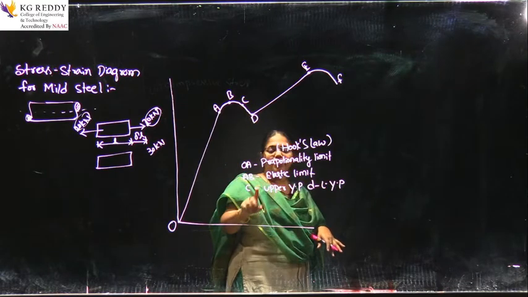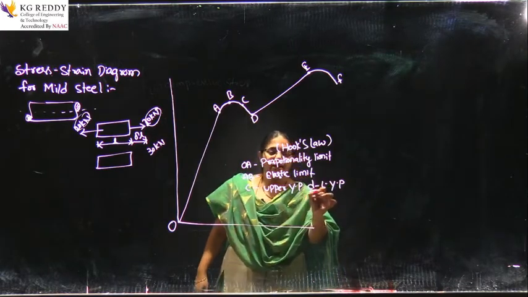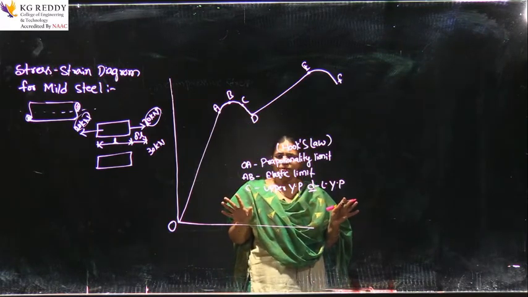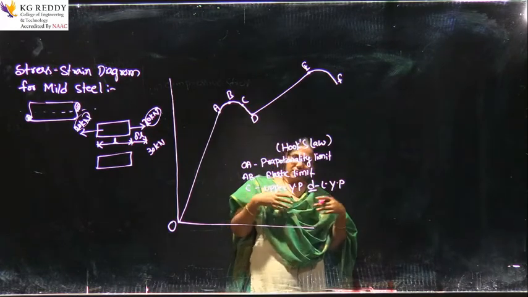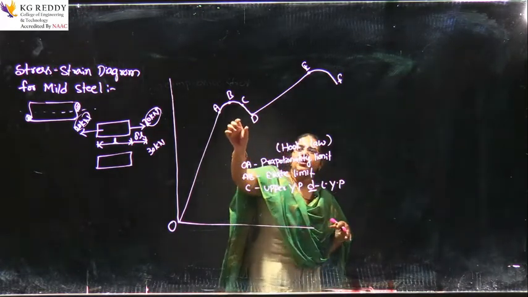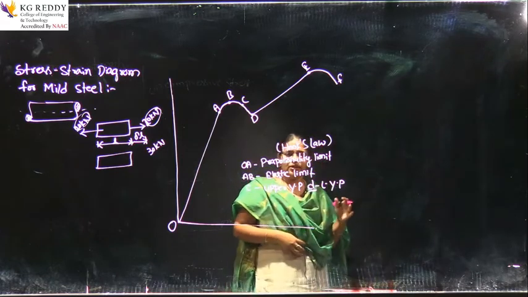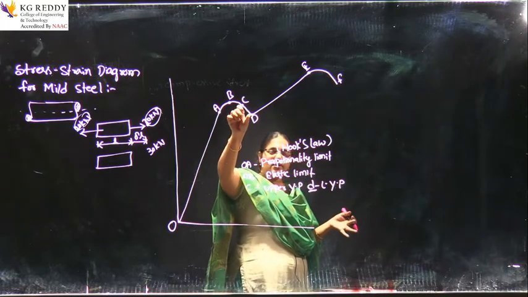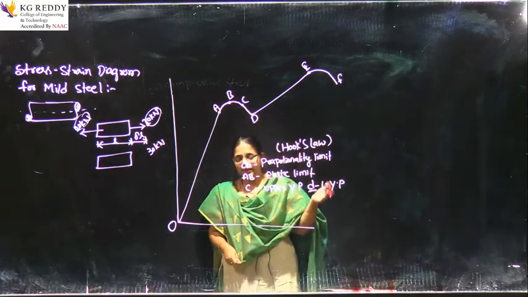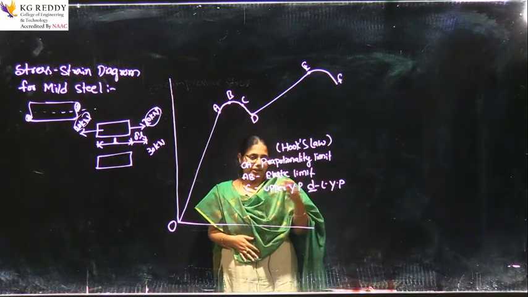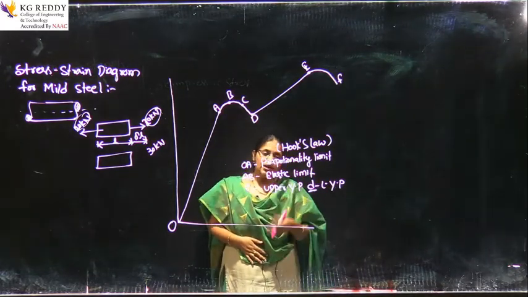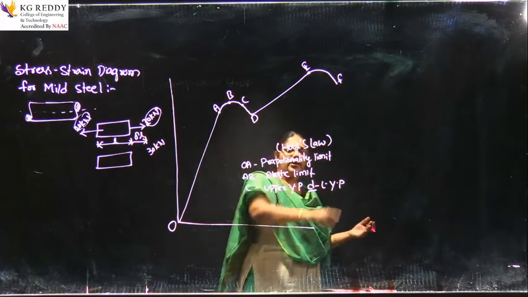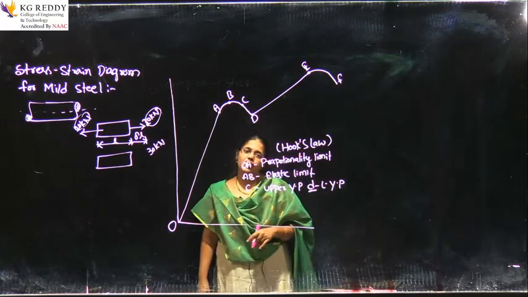And coming to the lower yield point, at point D, the lower yield point is nothing but where we are not applying any type of load, okay. We have removed it, and after some time we observe that the material is continuously going into the plastic stage even without any load. So, whenever the material, without applying any load, still goes into the plastic stage with continuous deformation, that is called the lower yield point.